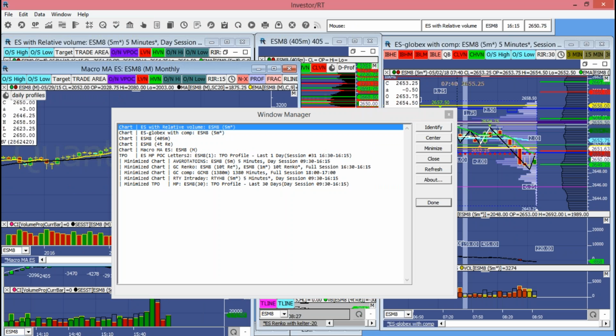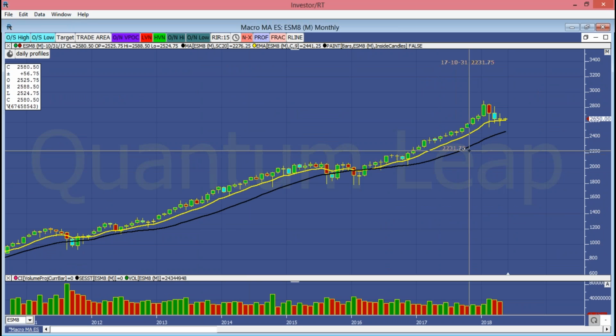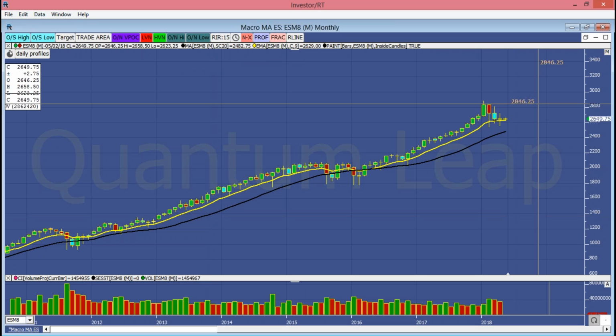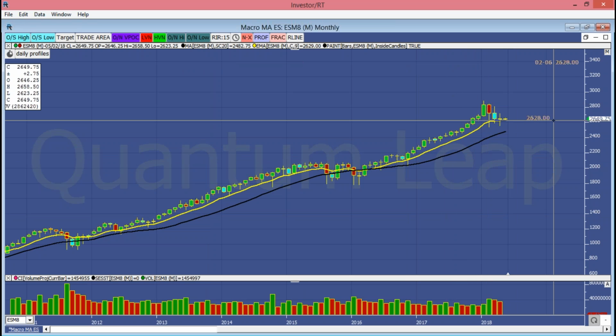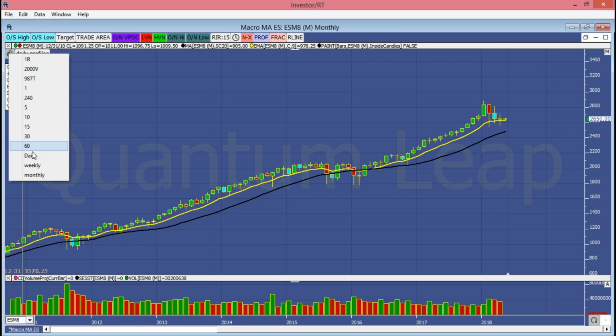I always start my day with a simple candlestick chart. I use a 9 EMA, 20 SMA. What I'm doing is looking at where we are in the different time frames. I start with the monthly and work my way down. You can see on the monthly, very good trend. The trend is holding. We are losing some slope and separation, but for the most part, we're holding above the 9. So the trend is intact, although it is being challenged every time we move below it.